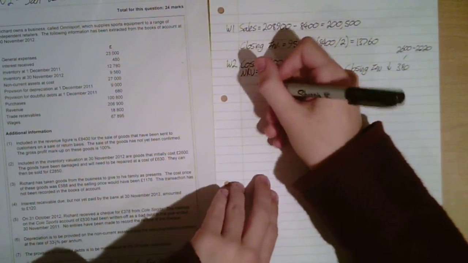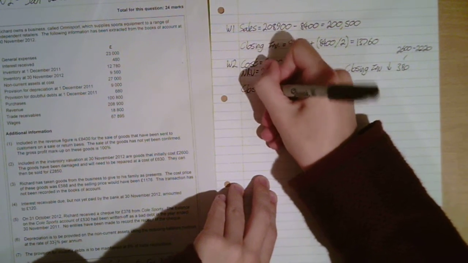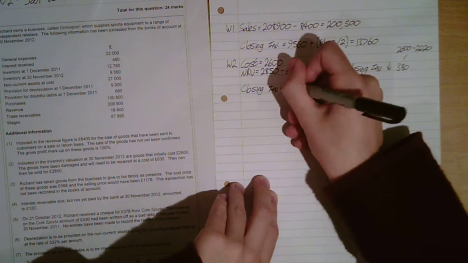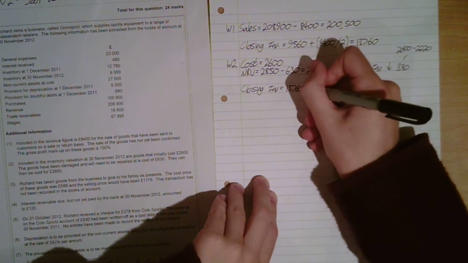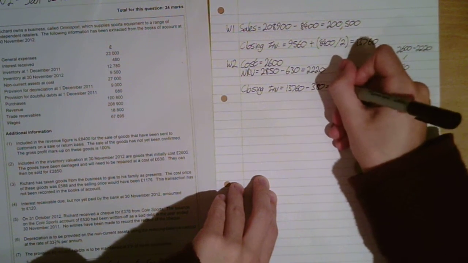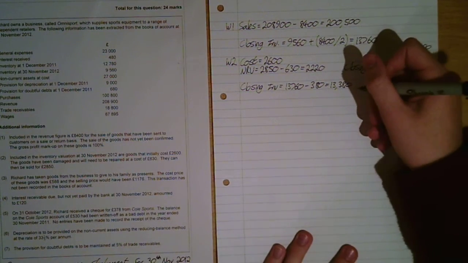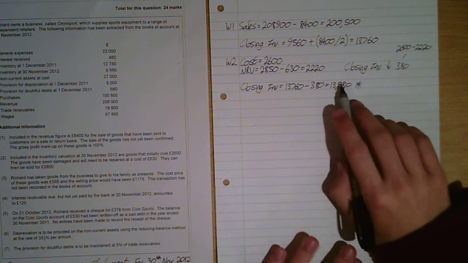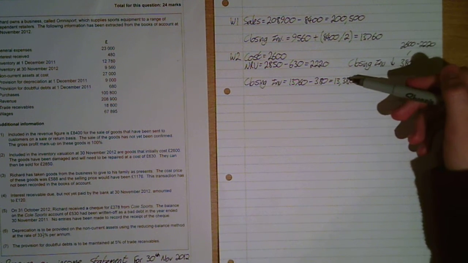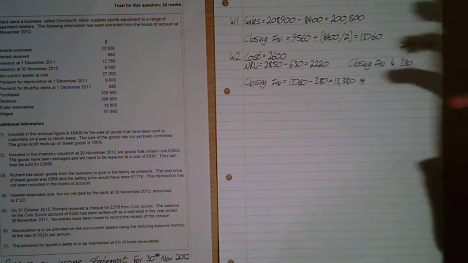So we're going to edit our closing inventory yet again. So don't forget to take it from your previous adjustment, and we're going to take off this 380 to give us 13,380. So I'd probably just put a star next to there now, just remind yourself not to put this figure in here, but to put this figure in your income statement. If you did put that in, you probably wouldn't lose 2 marks, because you've shown you know what's happened and you know how it works. It's just you've misread it, which is not a huge thing as long as you understand what you're doing and